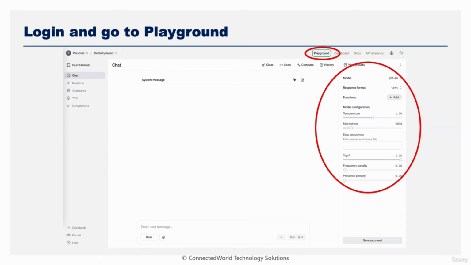When you set the temperature to 1 in ChatGPT, it generates responses with a normal level of randomness, meaning that it will provide a balanced mix of expected and slightly unexpected answers, striking a middle ground between highly predictable and completely creative outputs. Essentially, this is considered the default setting for most situations where you want a natural and varied